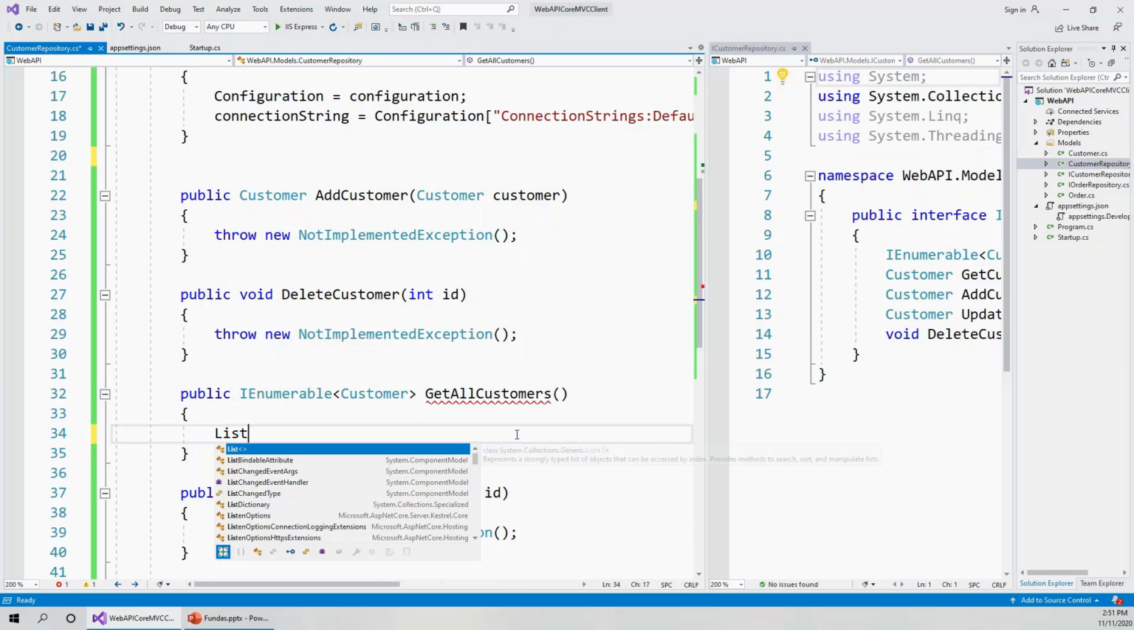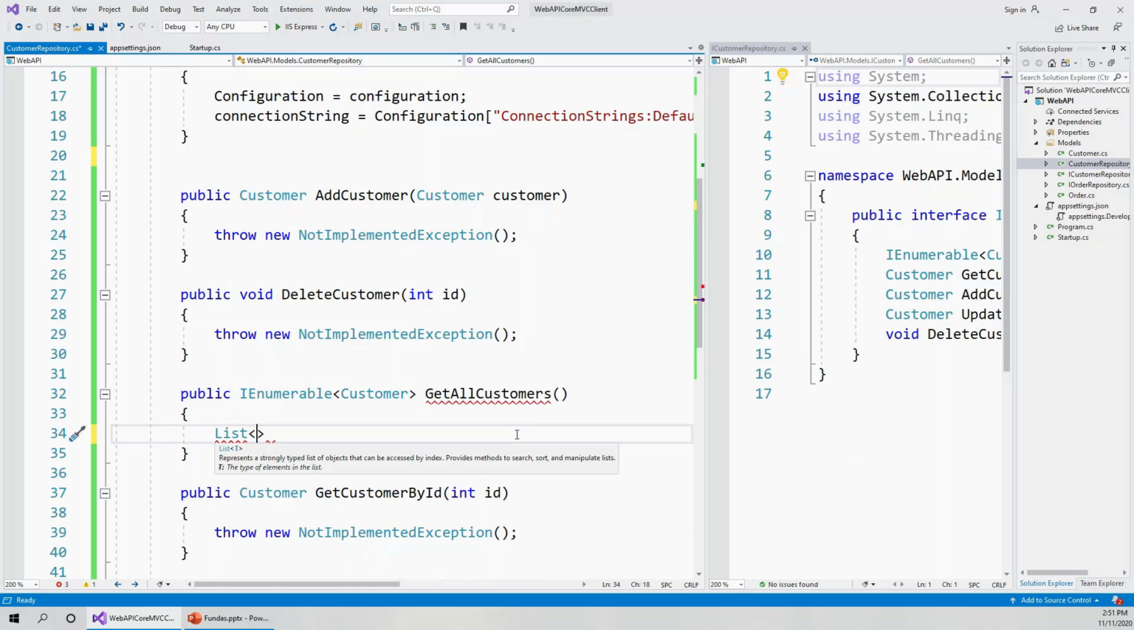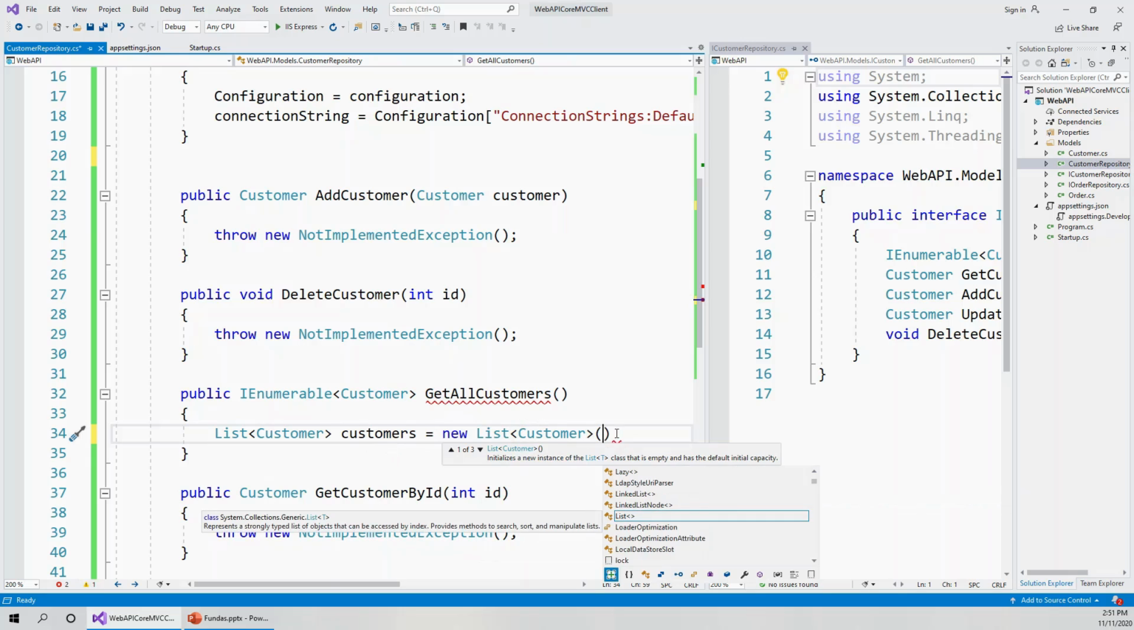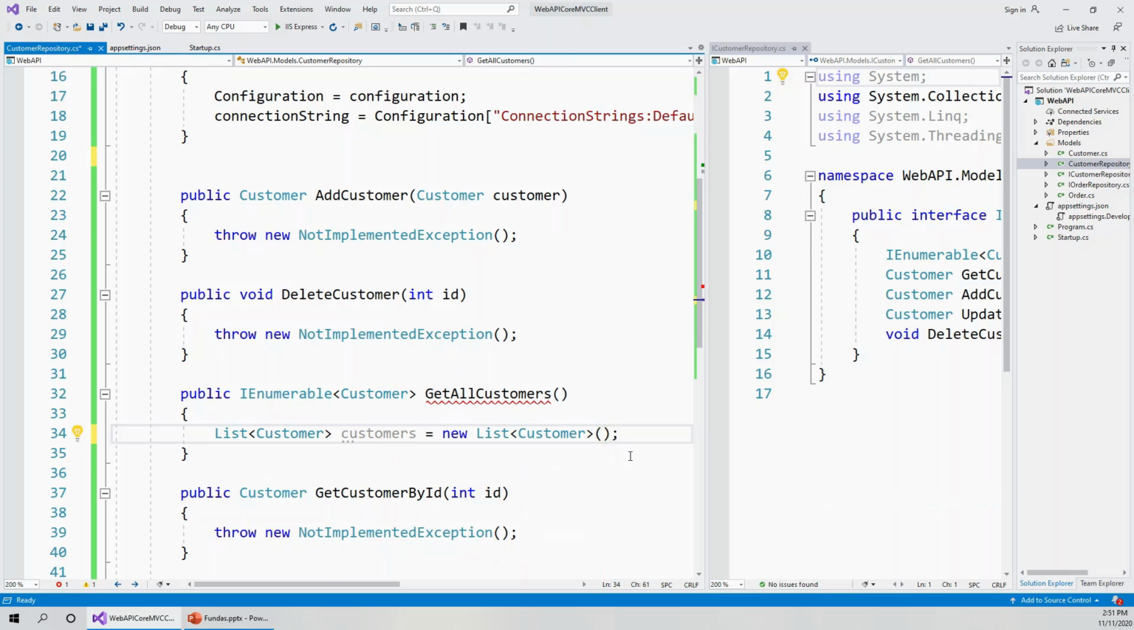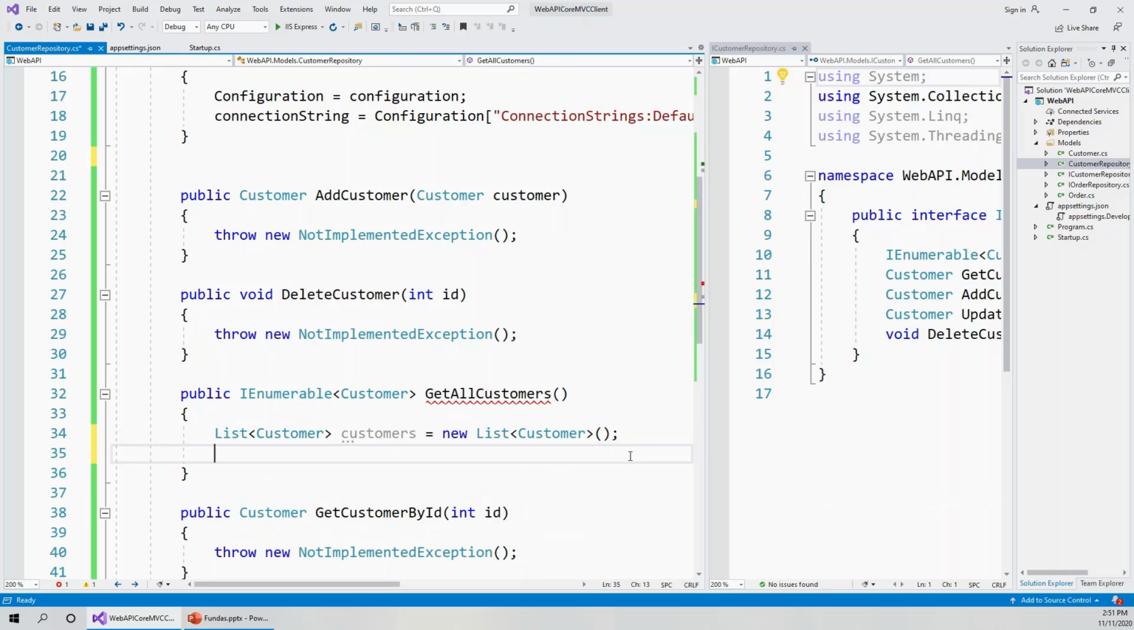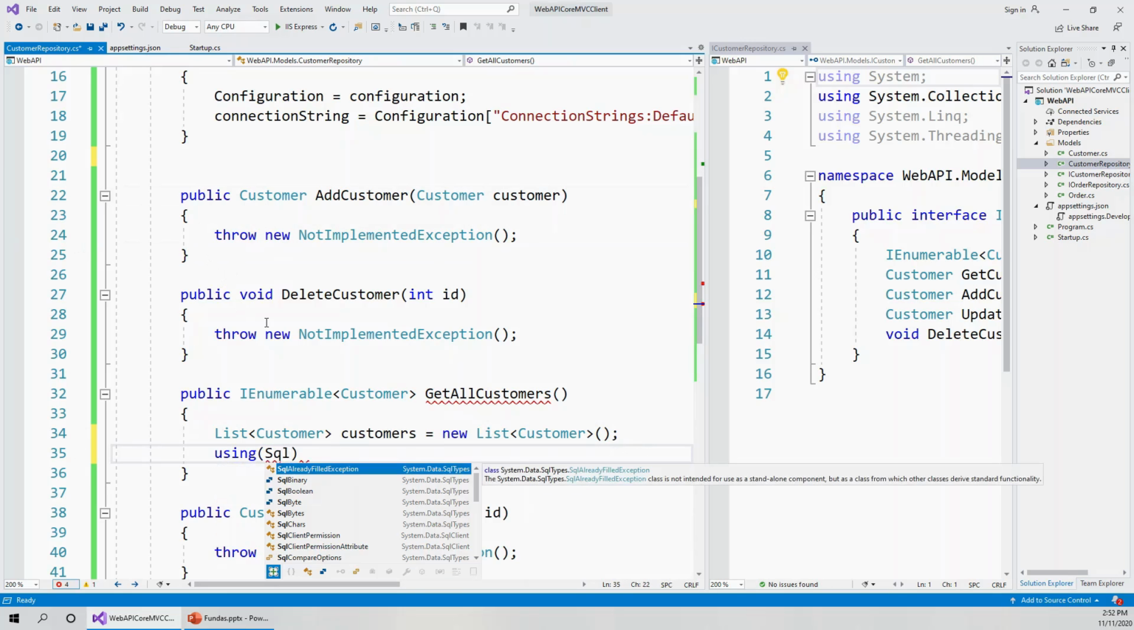So I'll start with a generic list of customer, which is customers. Take the suggested customers field, so new list of customer and a pair of empty round brackets. Okay, now comes the fun. I'll be using the using statement, and I'll be using ADO.NET. So please follow me carefully. So using now SQL connection